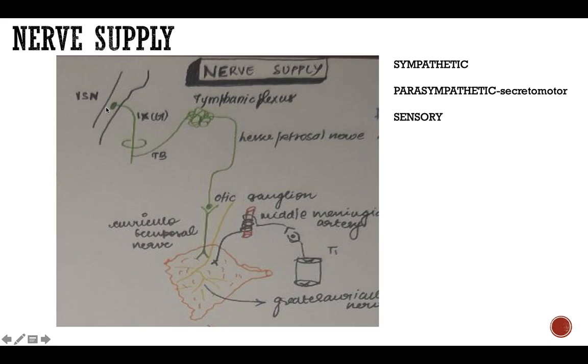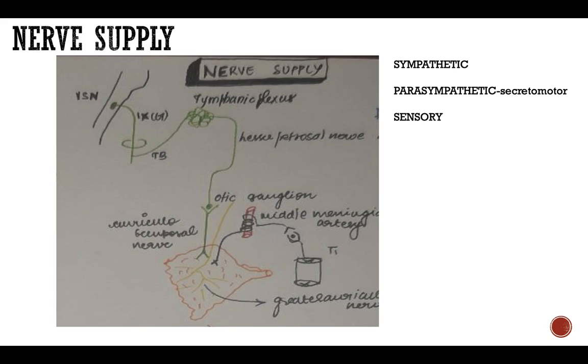It starts from the inferior salivary nucleus, then through the 9th cranial nerve, the glossopharyngeal nerve, it relays to the tympanic branch of the glossopharyngeal nerve, which is also called Jacobson's nerve. This passes the signals to the tympanic plexus, then to the lesser petrosal nerve and relays in the otic ganglion. The post-ganglionic fibers from the otic ganglion are carried through the auriculotemporal nerve to the parotid gland. This parasympathetic stimulation produces watery secretions from the parotid gland.